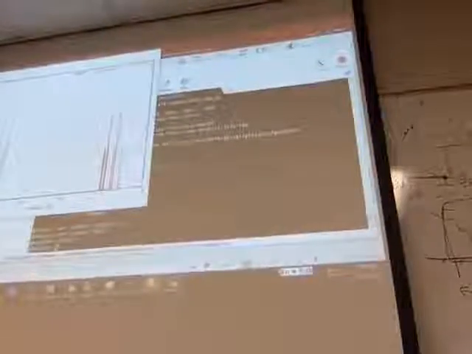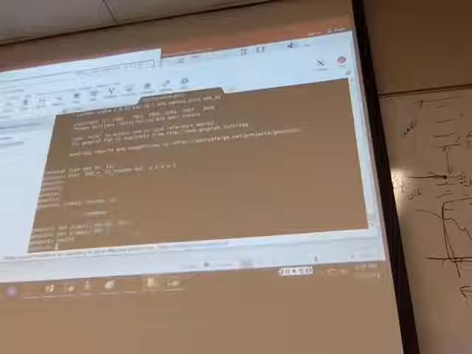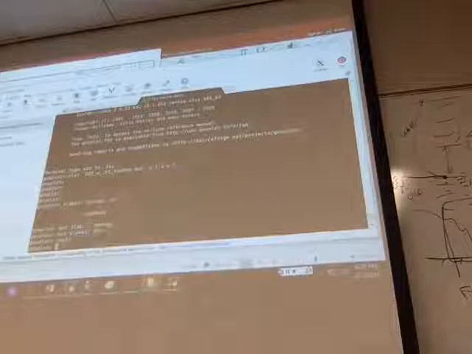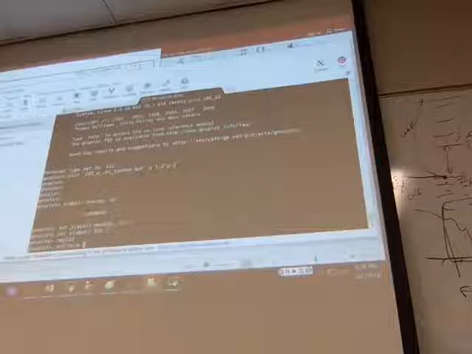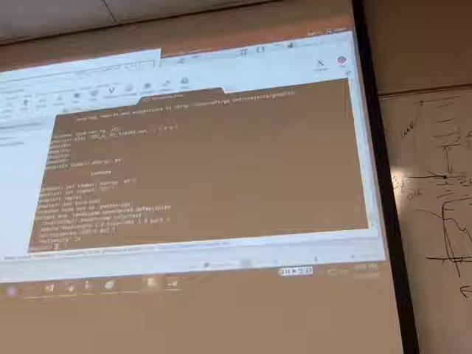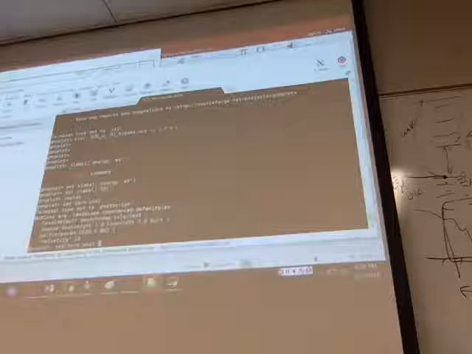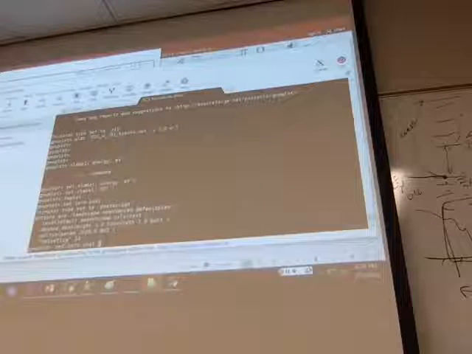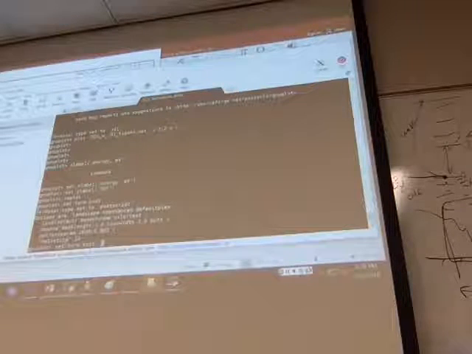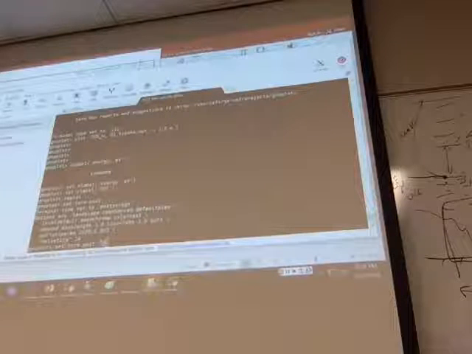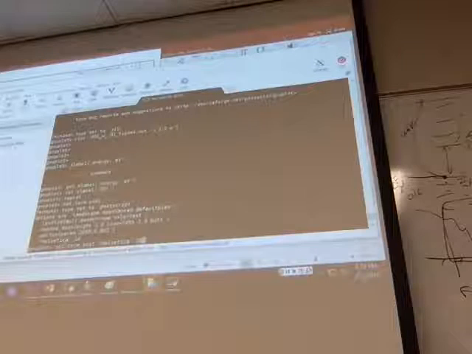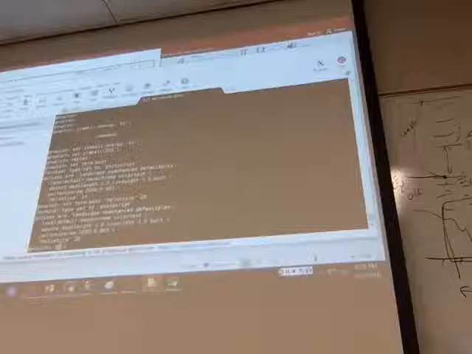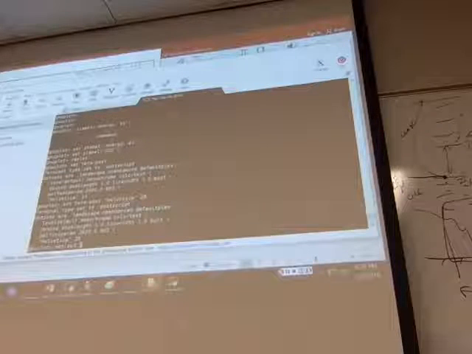So set terminal postscript, and you can change size of font, set output, and then give file name, for example,